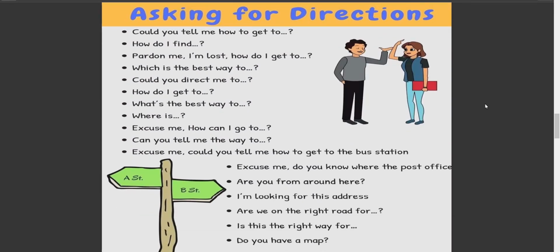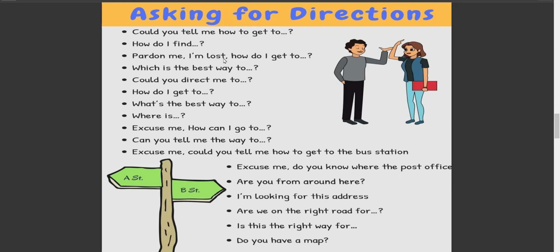Okay. Here we have, I think it's very important for you, مهم جدا بالنسبة لكم as English language learners، كمتعلمين للغة الإنجليزية. You must know how to ask about directions، كيف تسأل عن الطرق أو الاتجاهات باللغة الإنجليزية. Look at these examples. Let's take first one. Could you tell me how to get to? طبعا تذكرون الطريق. Could you tell me how to get to? How do I find? طبعا get هنا عندنا find.